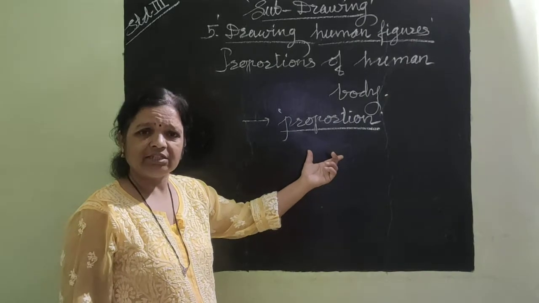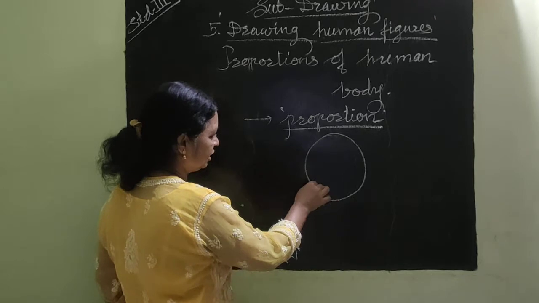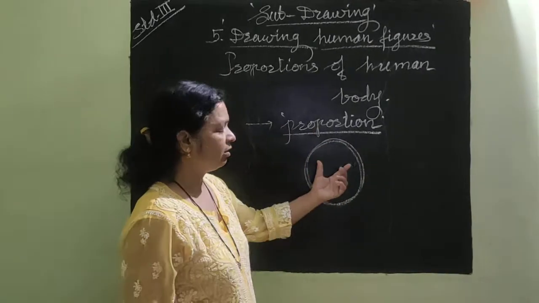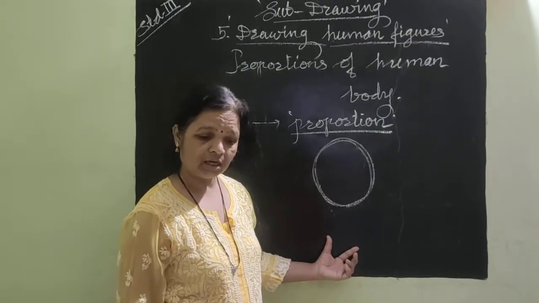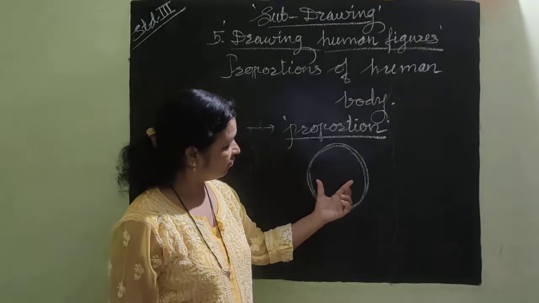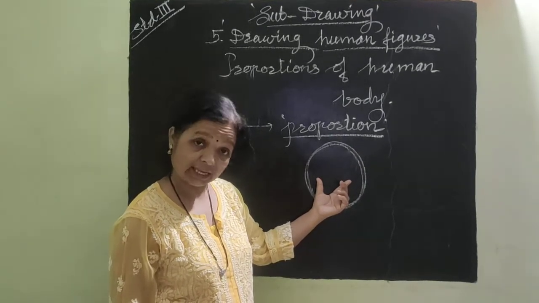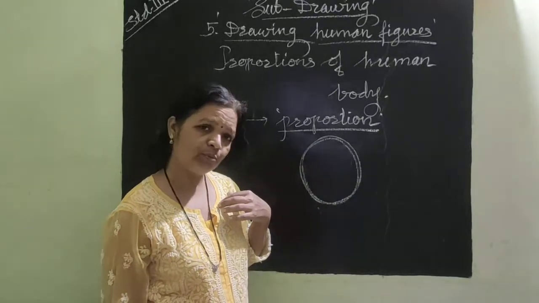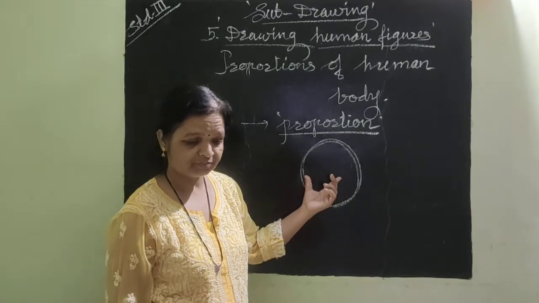To compare all the lengths of our body parts, or to draw a proportionate figure drawing, we have to take a small unit as a basic form. So let's take it as a head. So head is a basic unit. Using that head, we can draw a proportionate drawing of our body. Understand? So what are those proportions? When we take 7.5 heads length, we get a proportionate body as a human body drawing. So how does it happen? Let's see.